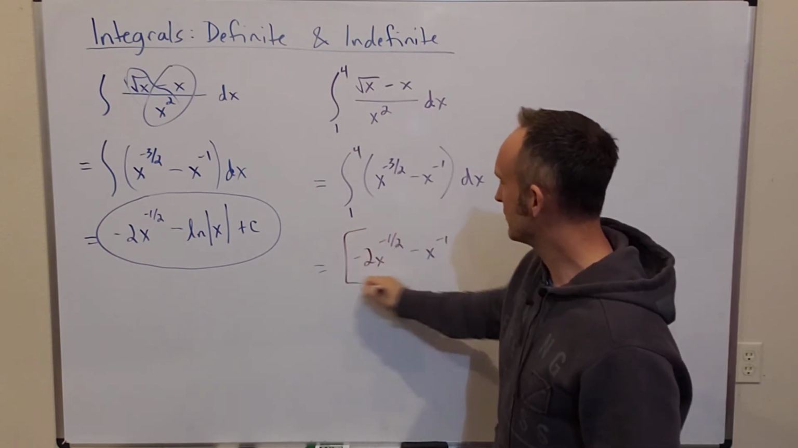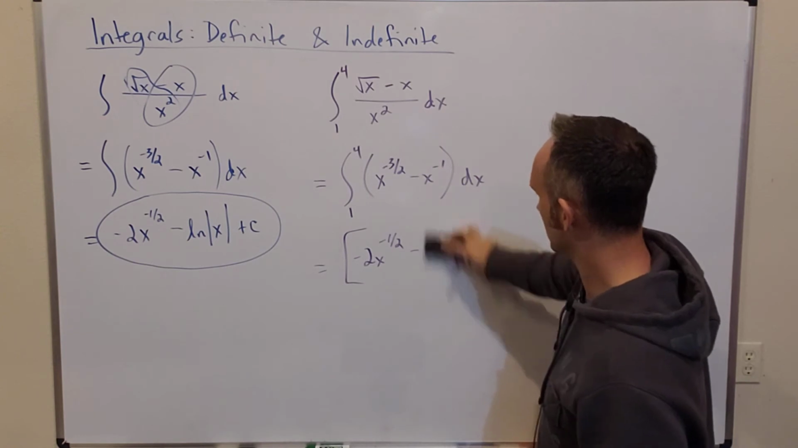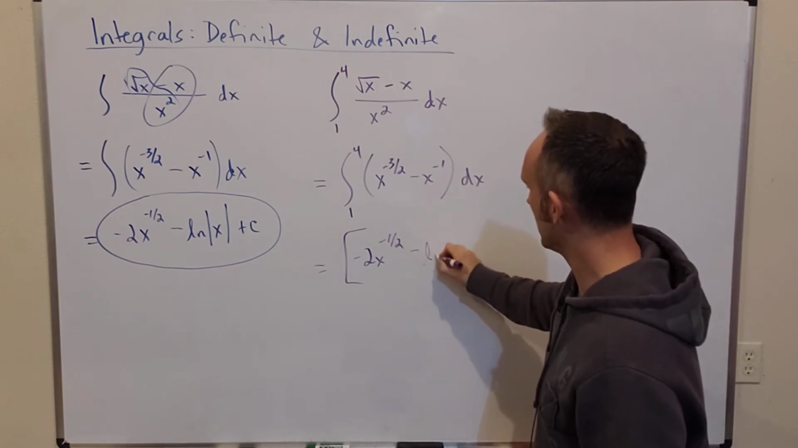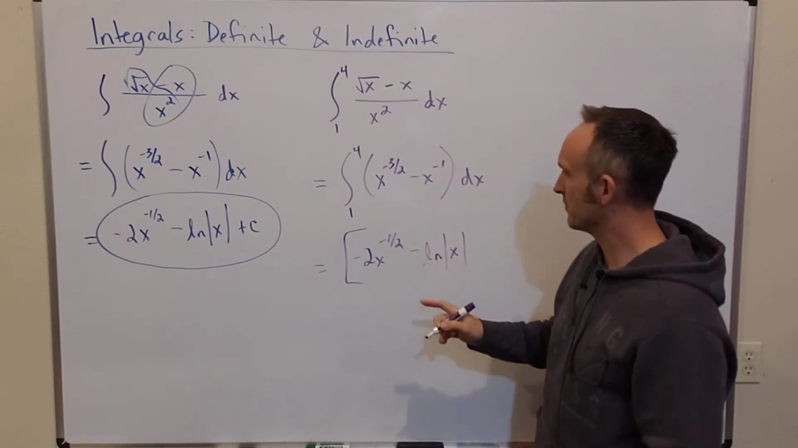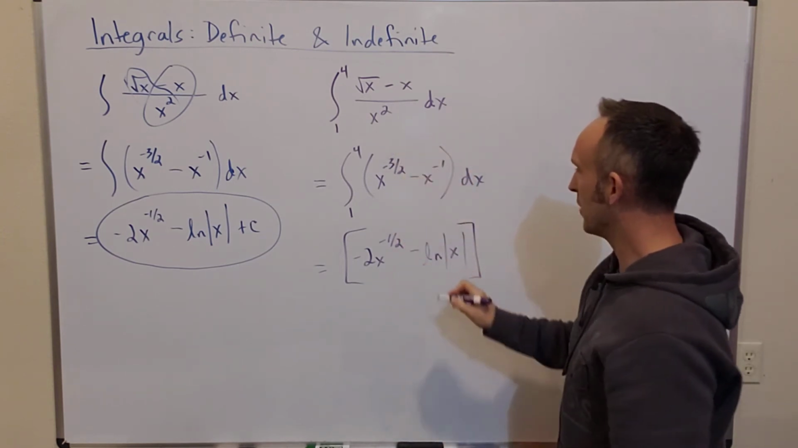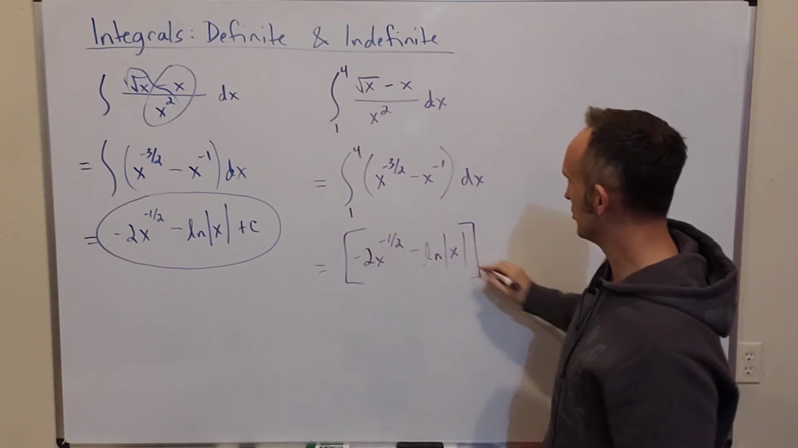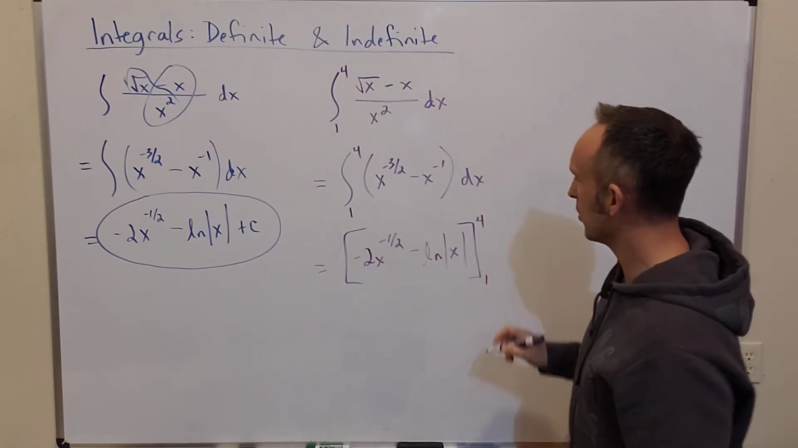And now the difference comes in. Minus the natural log of the absolute value of x. This is where you get some differences. In a definite integral, you don't put a plus c. You put brackets around it, and you still need to evaluate this particular antiderivative from 1 to 4, and you